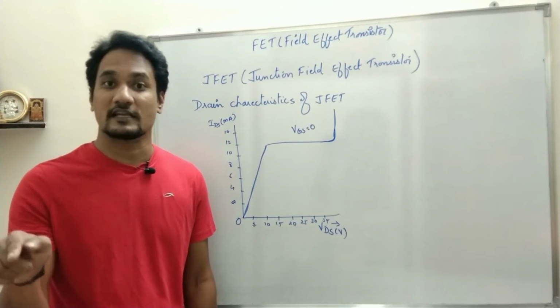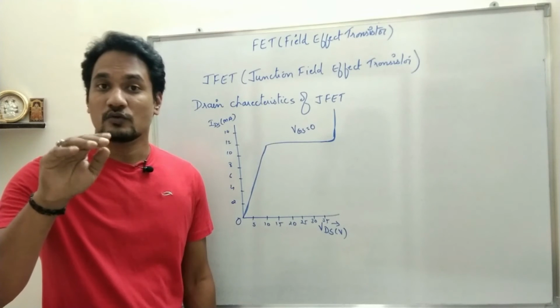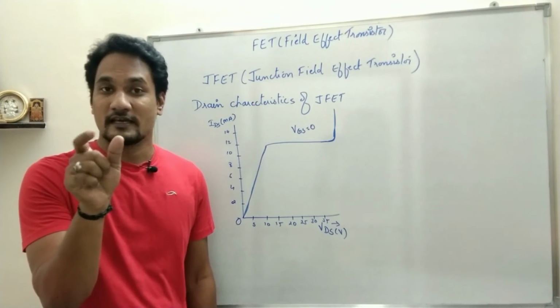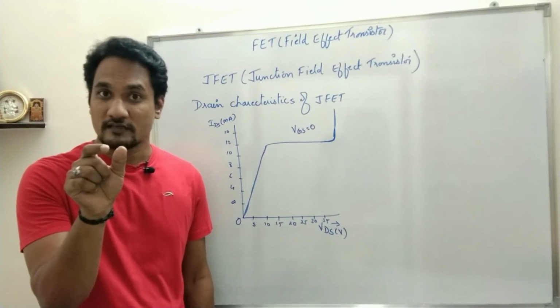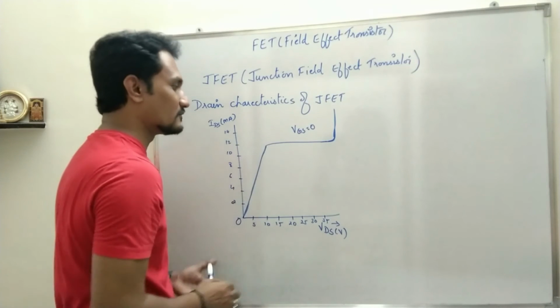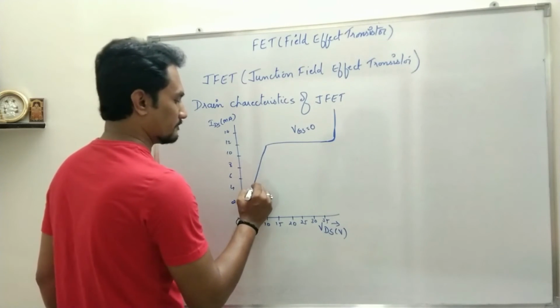Drain to source potential उतना ही रखेंगे, IDS कम हो जाएगा. क्यों? क्योंकि अगर मैंने रिवर्स बायस पोटेंशियल बढ़ाया तो डिप्लीशन लेयर विड्थ बढ़ेगी, चैनल विड्थ कम होगी. चैनल विड्थ कम होगी तो कम चार्ज कैरियर ड्रेन से सोर्स में जाएंगे, तो IDS विल डिक्रीज. ओके, सो IDS विल डिक्रीज.